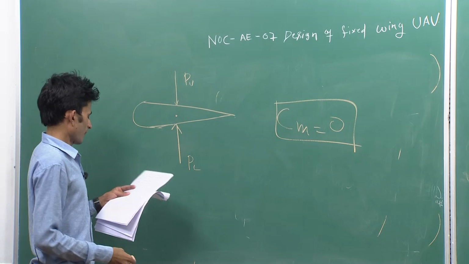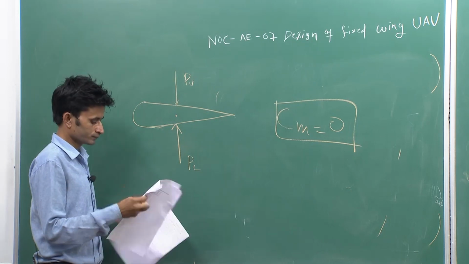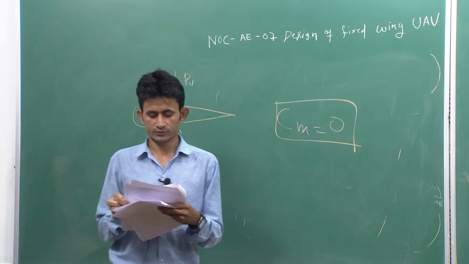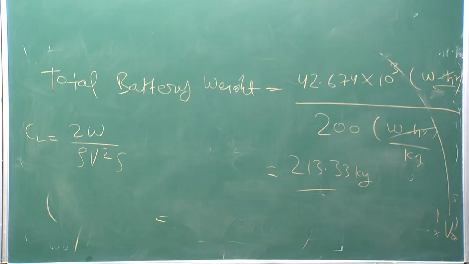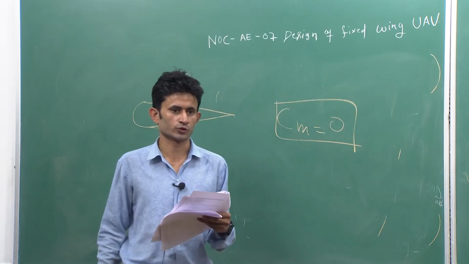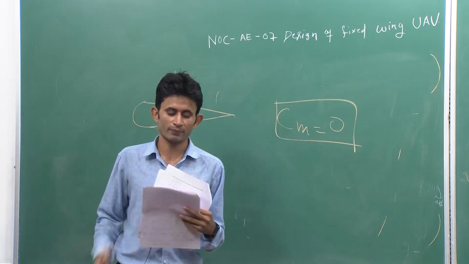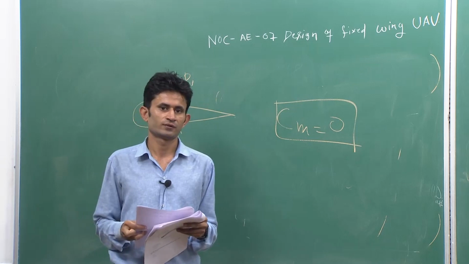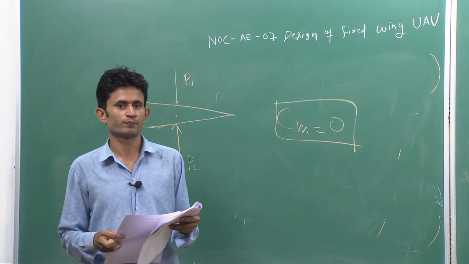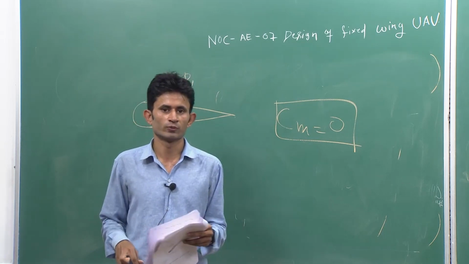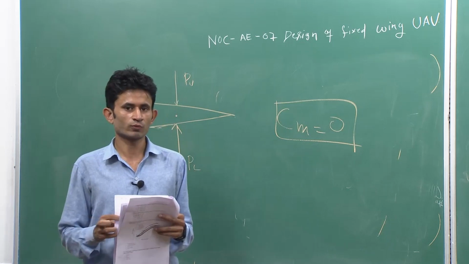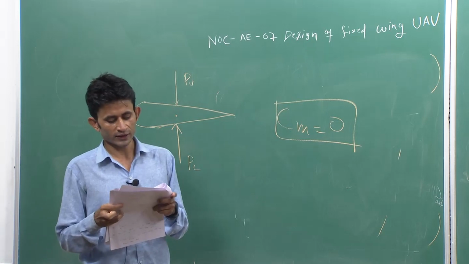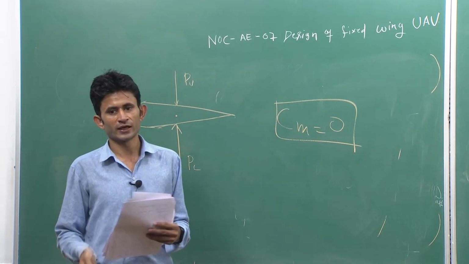Okay. And for the 10th question, a positively cambered airfoil produces, and in brackets it is also given that the leading edge moment is positive. So, you know that for the cambered airfoil the CMAC is negative. So, obviously it will produce the nose down moment. Nose down moment is negative. So, it will produce the negative pitching moment about the aerodynamic center.